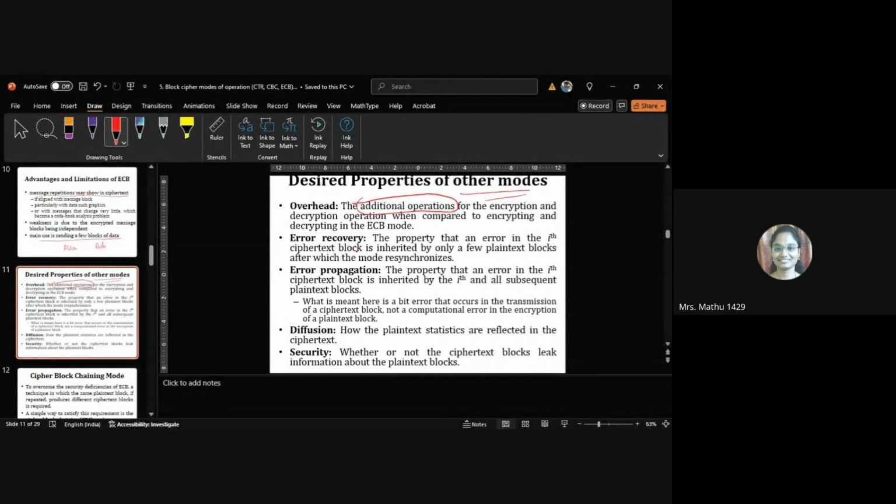And error recovery. If there is an error in the ciphertext, that is, if some part of the ciphertext block is attacked by a person and changed, then that should be carried over only to the few plain text blocks following it, and not other things should be affected, so that you will be able to easily recover from the error. So that is another point. I hope you